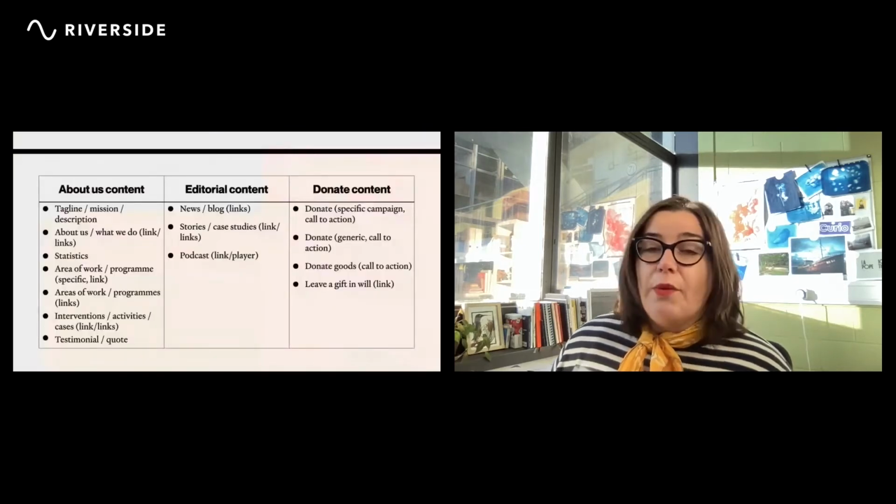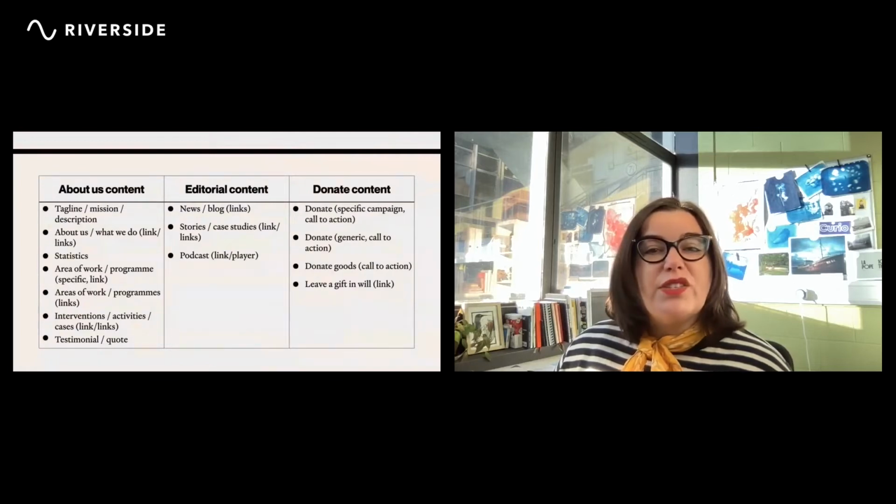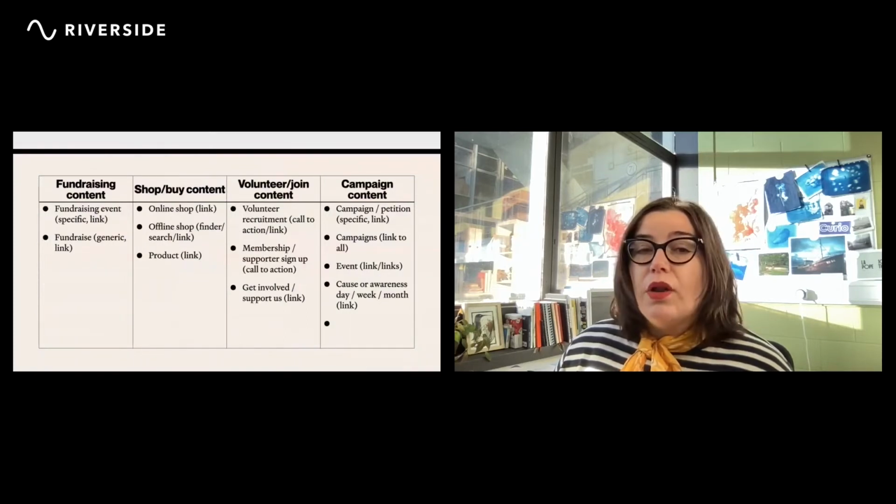So first up, we've got About Us content, which includes things like a tagline, stats, and areas of work. Editorial content, which is news, blog posts, things like stories or case studies. Donate content, which is different ways that people can donate, whether that's money or something like goods. Then we've got fundraising content, shop or buy content, which could be for online shops, offline shops, and also standalone